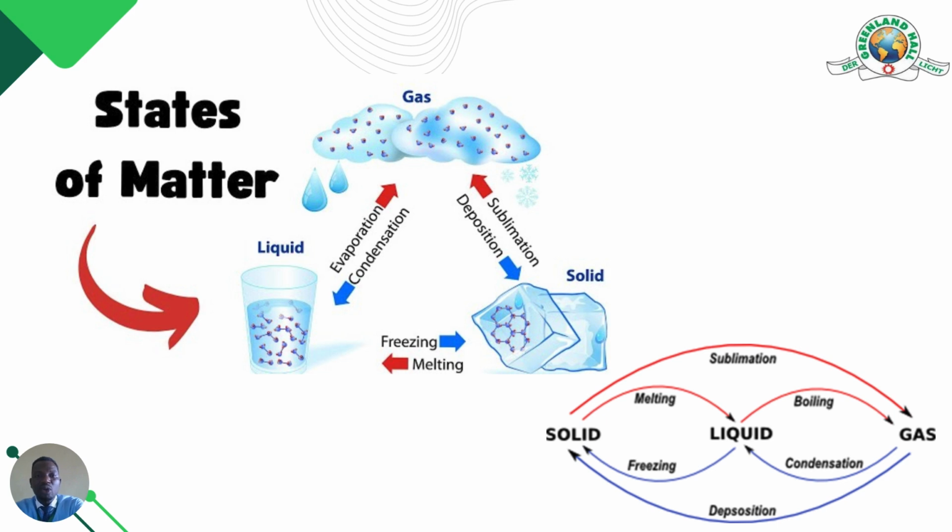Then solid can turn to gas directly through a process called sublimation. Gas too, we can make steam turn to liquid through a process called condensation. Then we can also make gas become solid directly through deposition. Now, an example of